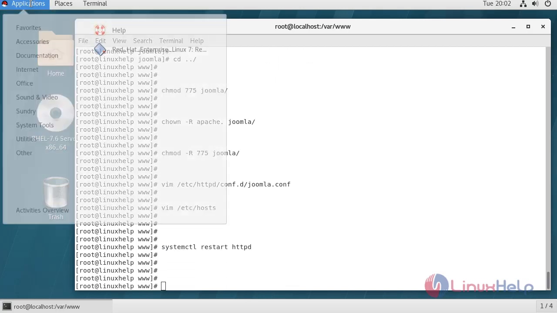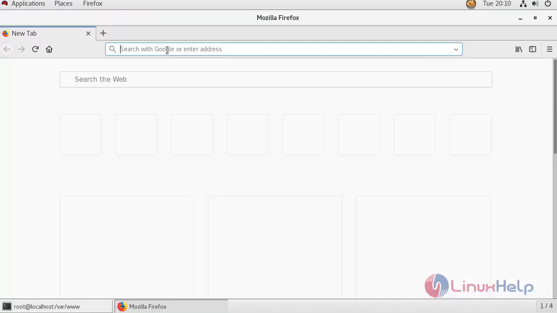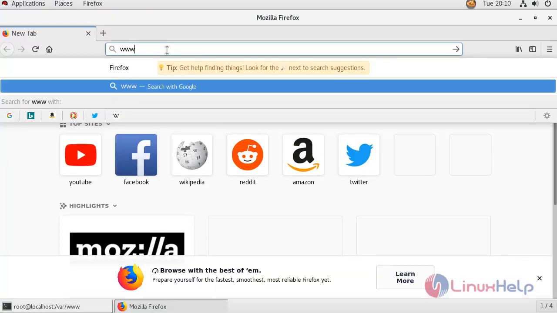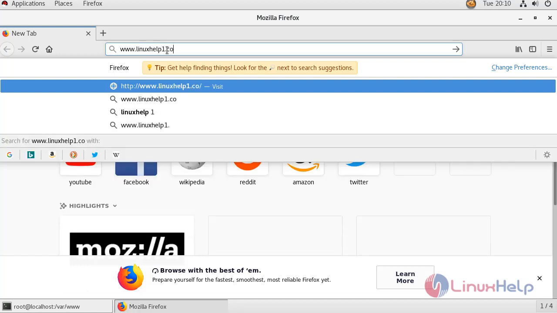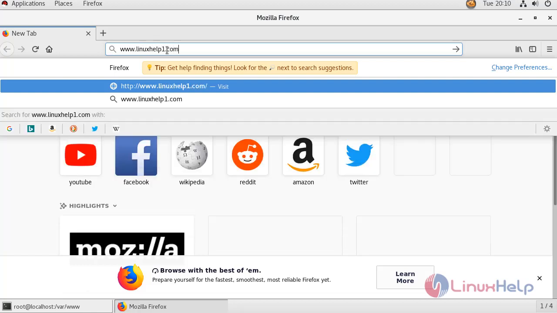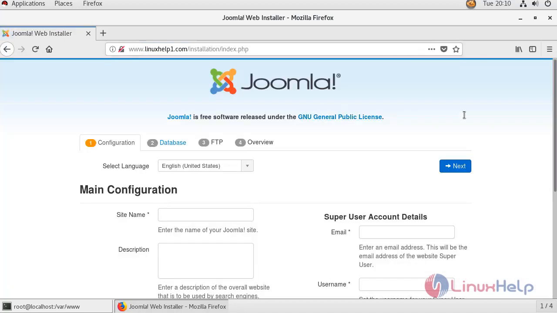Now open the Firefox to install Joomla CMS. Here provide your domain address. Give site name.